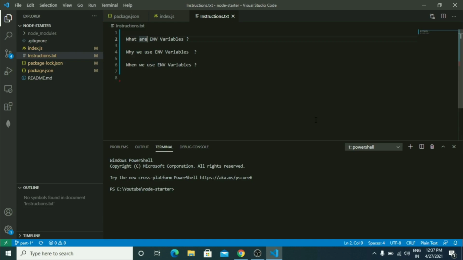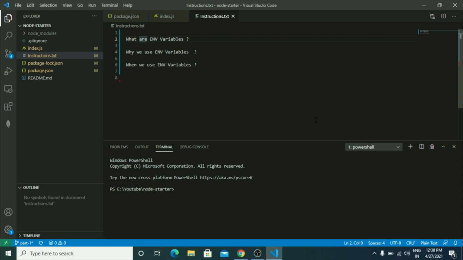Welcome back. We'll be talking about environment variables. Before moving further in our project, we should configure our environments. What, why, and when. An environment variable is a configuration file for controlling your application's environment constants, right? You have different local, staging, and production environments. To control that, we use environment variables.